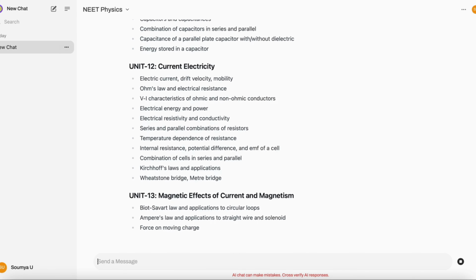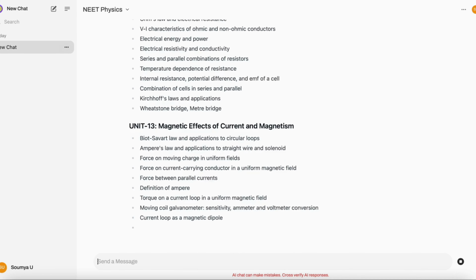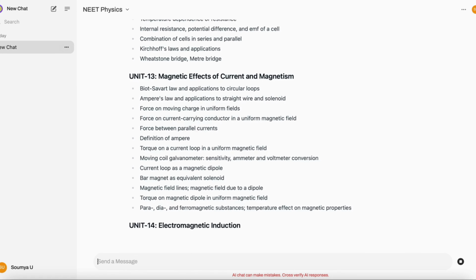Unit 13, Magnetic effects of current and magnetism. Biot-Savart law and applications to circular loops, Ampere's law and applications to straight wire and solenoid, force on a moving charge in uniform fields, force on a current carrying conductor in a uniform magnetic field, force between parallel currents, definition of ampere, torque on a current loop in a uniform magnetic field, moving coil galvanometer, sensitivity, ammeter and voltmeter conversion, current loop as a magnetic dipole, bar magnet as equivalent solenoid, magnetic field lines,